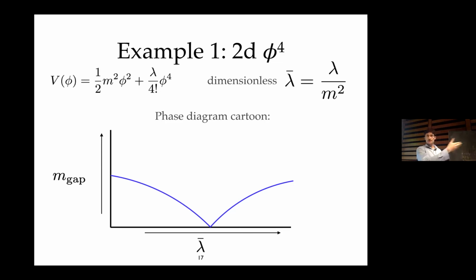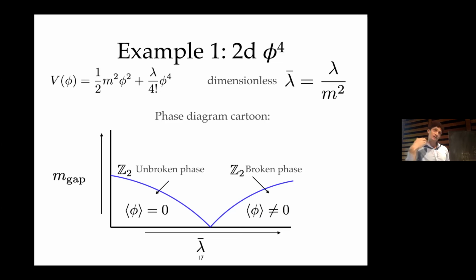The field sits at the origin, so there's a Z2 symmetry in this theory. And at weak coupling, phi sits at the origin, and that symmetry is respected. Once you start cranking up the coupling, first the mass starts to come down, and eventually the mass squared gets renormalized to be negative. And if the coupling is large enough, you actually destabilize the scalar, and it rolls off to a new minimum away from the origin. At that new minimum, the Z2 symmetry is spontaneously broken, and you have a new mass for the fluctuations around